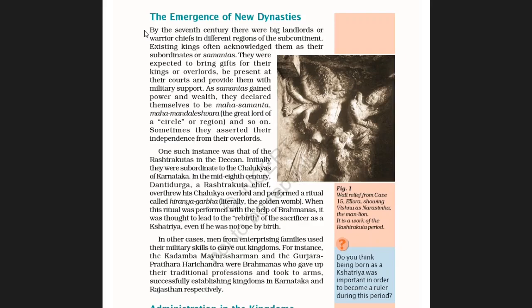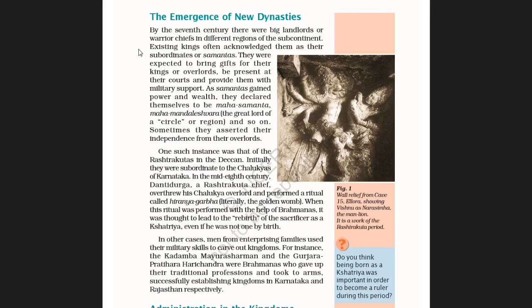By the 7th century, there were big landlords or warrior chiefs in different regions of the subcontinent. Landlords are the owners of vast land.